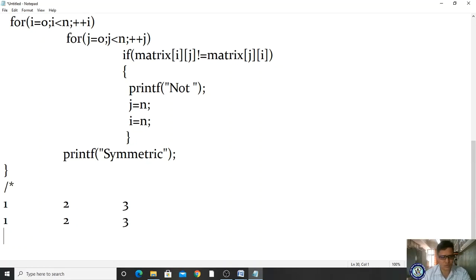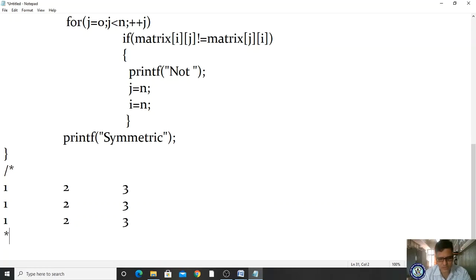I'm taking 1 2 3 only. Let us take these locations. So I have read the values and stored them. This is the location of 0 0, 0 1, 0 2, and this is the location of 1 0, 1 1, 1 2, and this is the location of 2 0, 2 1, 2 2, right?